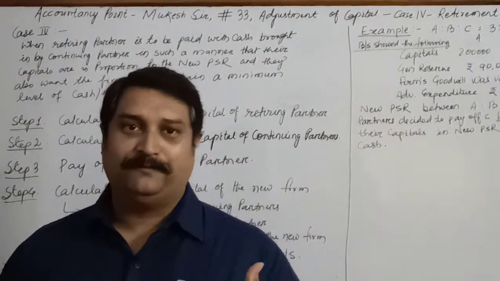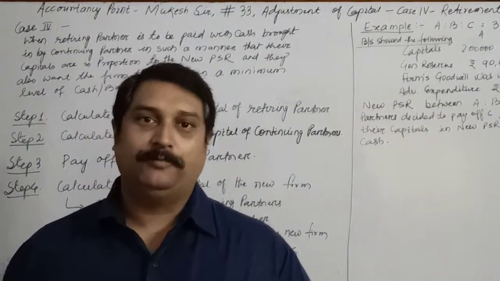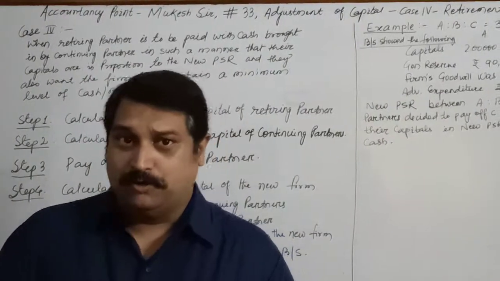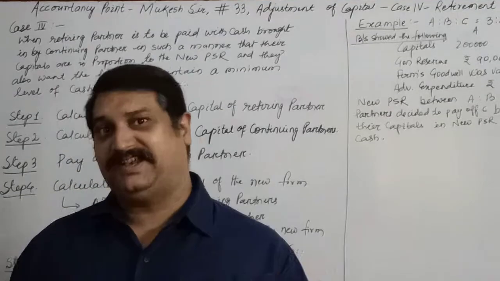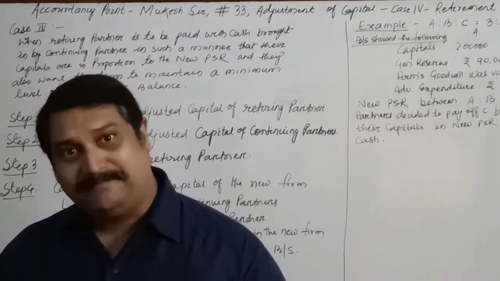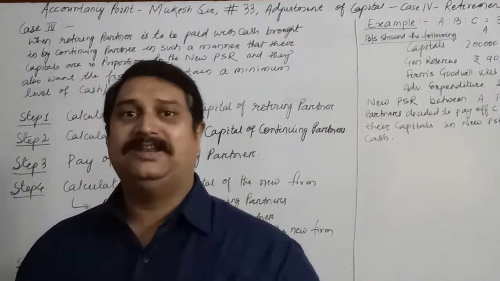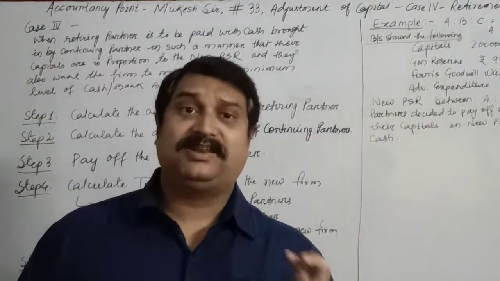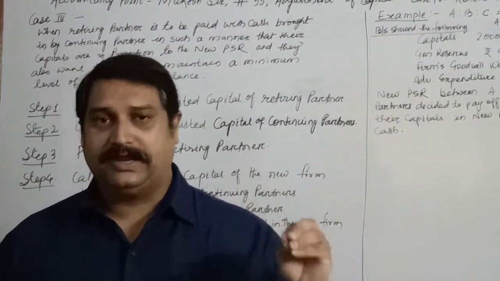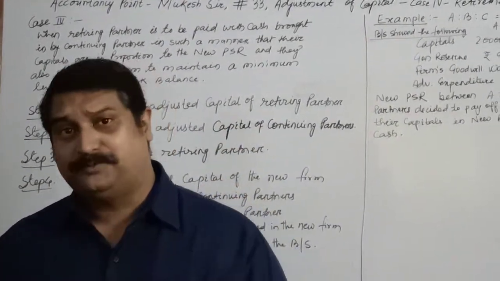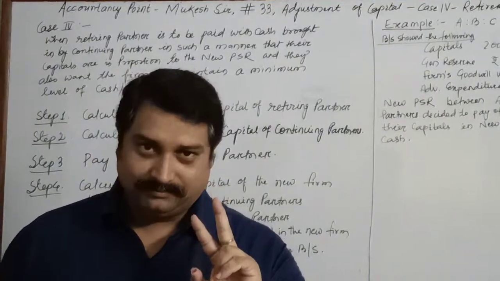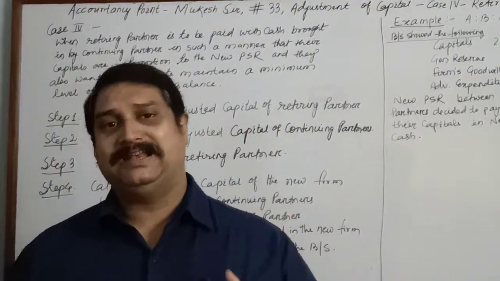Based on this, you will have a few questions which you can solve from your book. Today, the concept which I am going to choose is nothing new, but it's the continuation of case 3 itself. Whatever we had done in case 3, we will be doing the same thing, only a small addition will be done. In case 3, if you have not gone through the video, adjustment of capital case 3 in case of retirement, the link is shared in the description column. Please watch case 3 so that you will be able to create a link between case 3 and case 4.